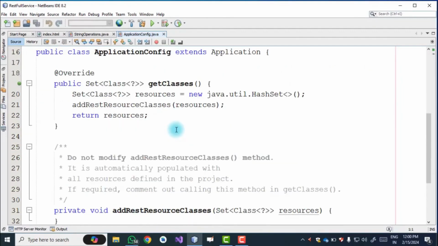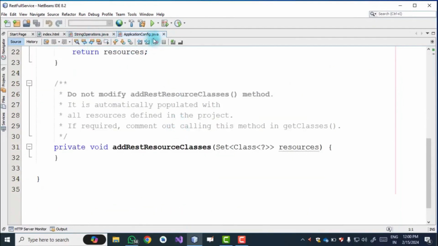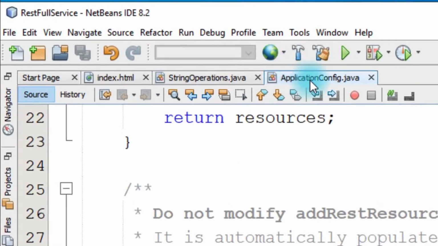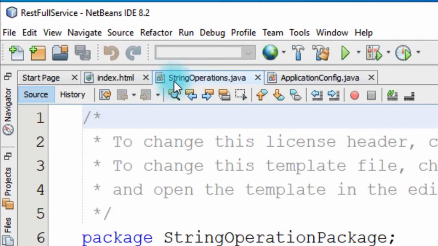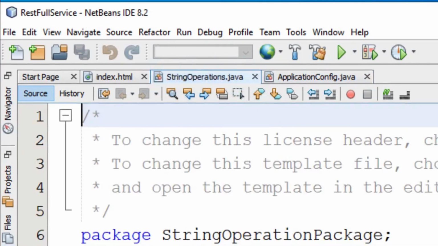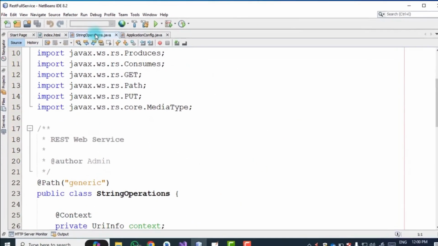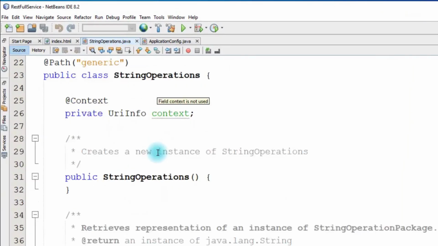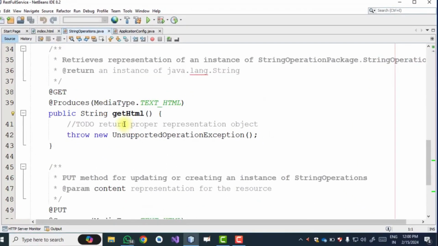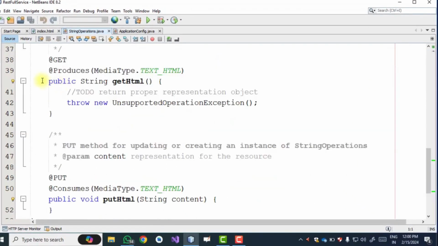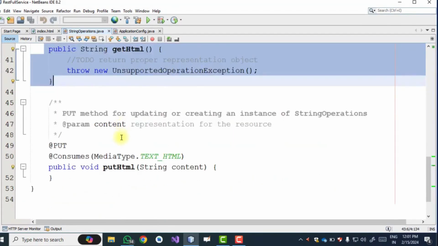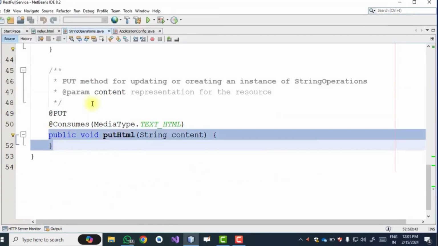Here do remember students, it will create two files. First is your ApplicationConfig.java file, and the second file is your StringOperations.java. So go to the StringOperations.java file. Here we have the methods getHtml and putHtml.